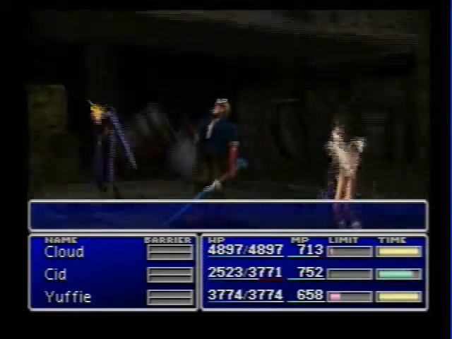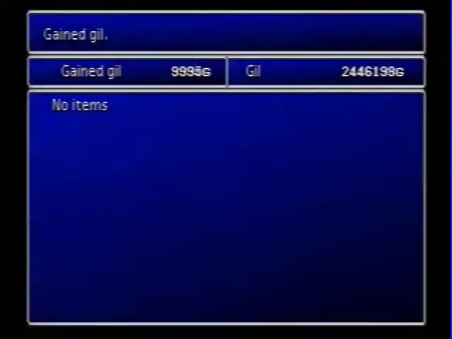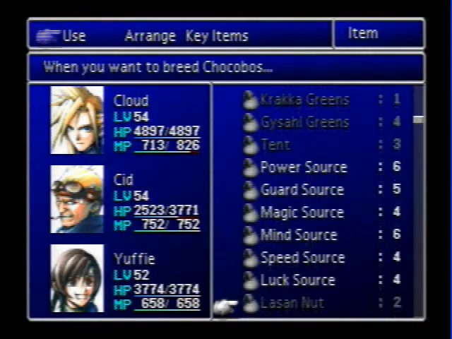I've never tried, actually. But you can morph them, and when you morph them, they turn into stat-increasing items, like, you know... Let's see, I have them all. Like a power source, a guard source, a magic source, a mind source, or a speed source, or a luck source. They turn into any of those 6. Let's see, this is a... It's...